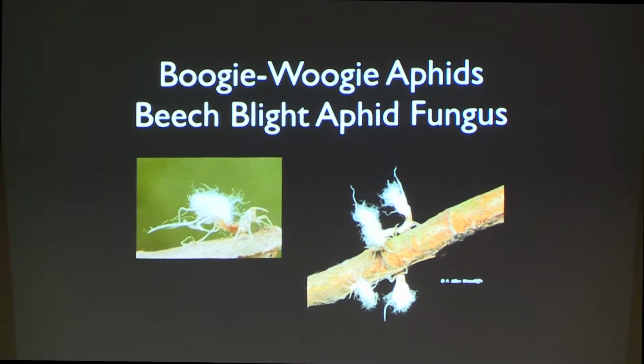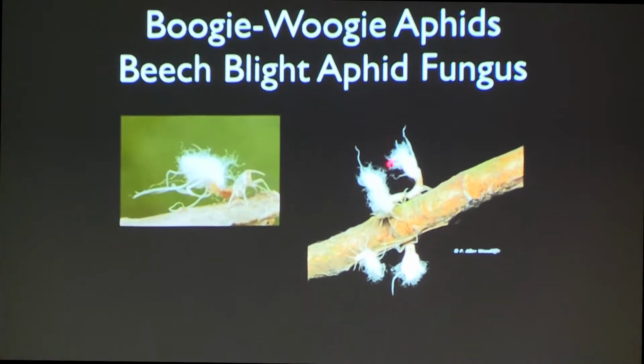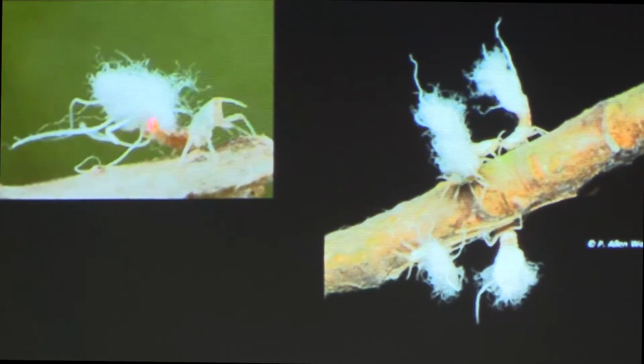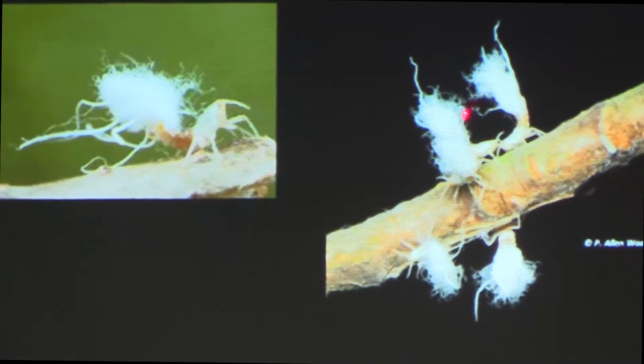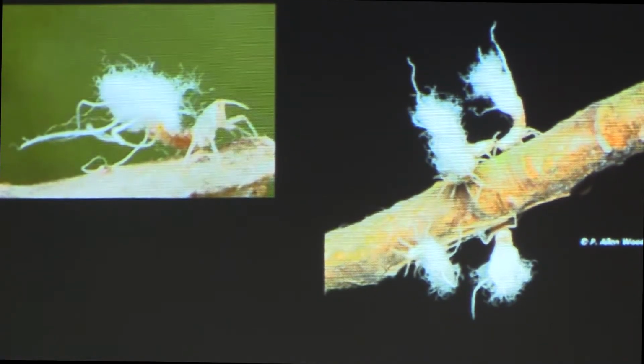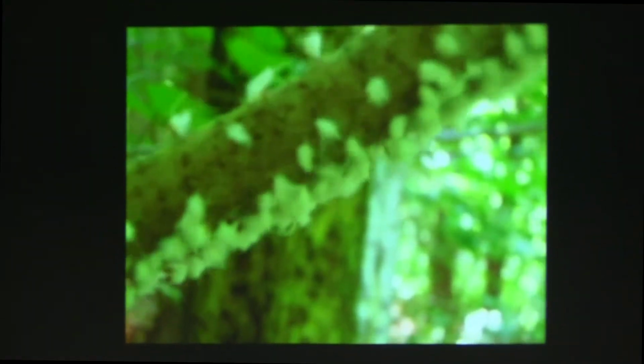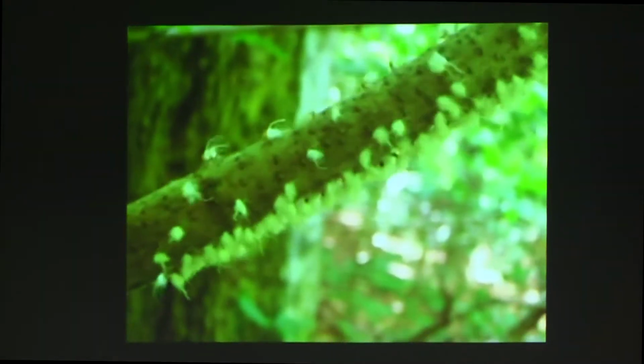I don't know if any of you have run across these. These aphids affix these little white waxy strands of stuff to their butt ends until they look like little Q-tips. And then, if they're disturbed, they dance. Okay, not the greatest photography, but...